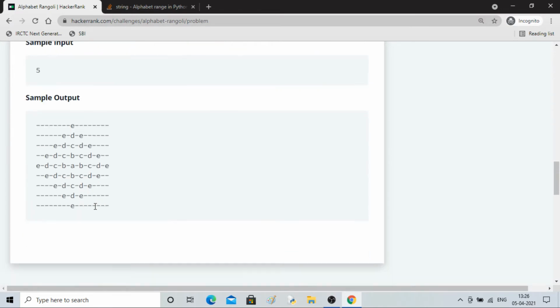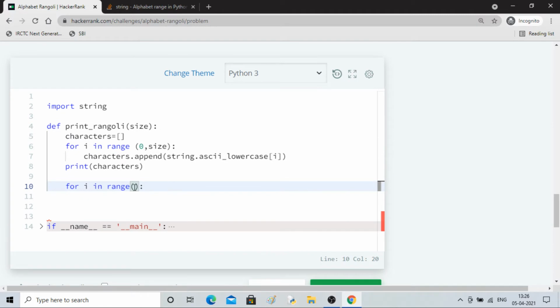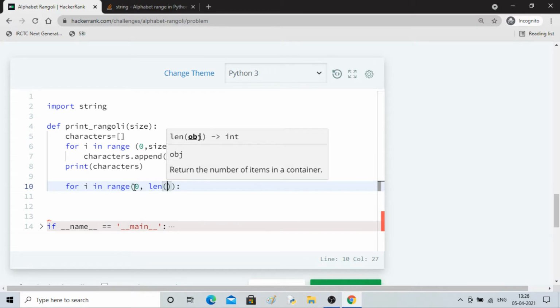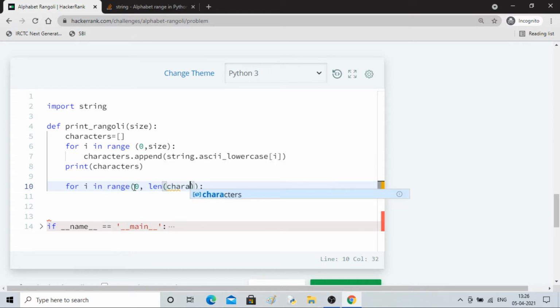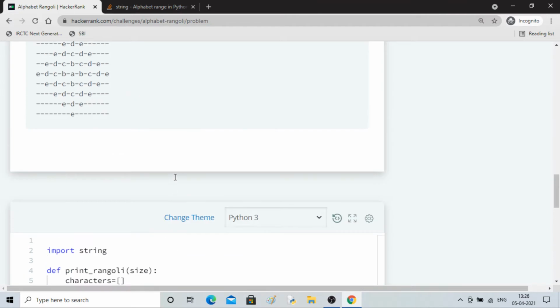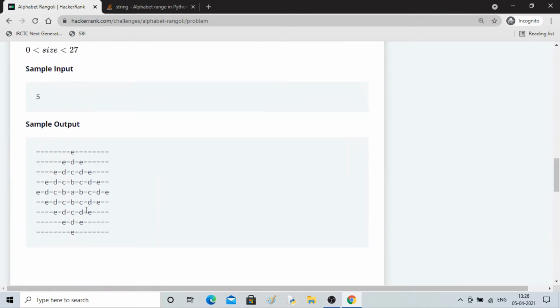So I'll make it adaptive to the length of characters. This for loop goes in this direction, so it will take care of the rows.